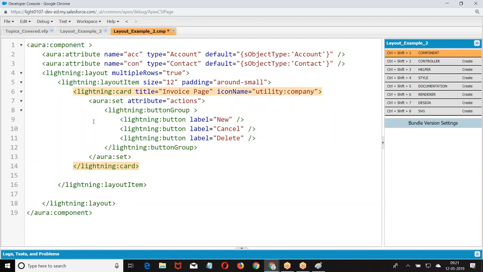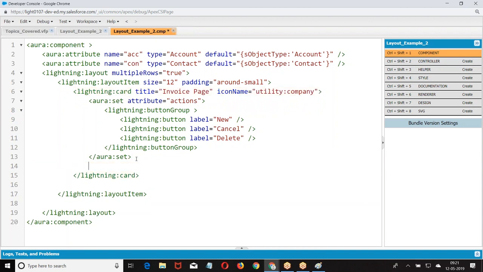Single item. Per row how many items have I taken? Single item. Let me display the data till here. Just to give the structure, I'm giving some spaces here.